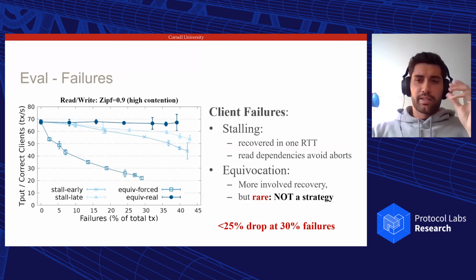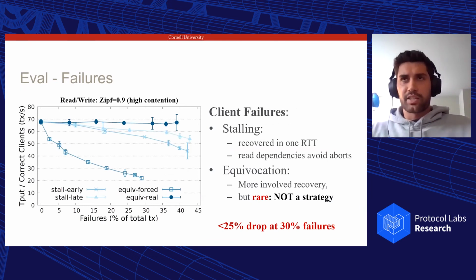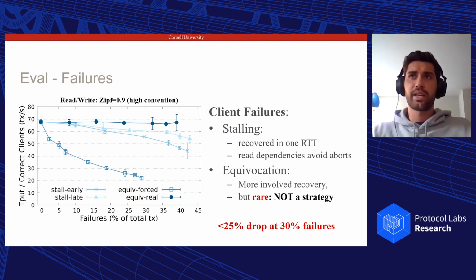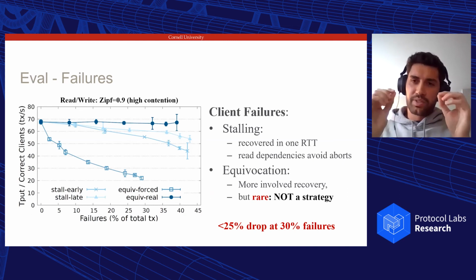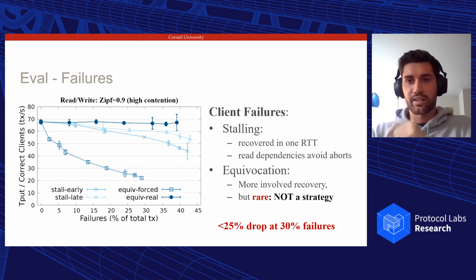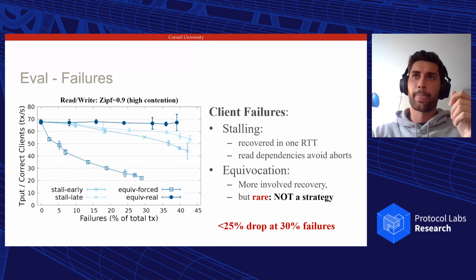Now, it's obviously great that Basil achieves this performance during gracious execution, but that was partially achieved on the back of the premise of empowering Byzantine clients as well. So to validate how robust Basil remains when clients do misbehave, we also evaluated the impact that Byzantine clients specifically have on the transaction possibilities of correct clients, right? Because that's in line with this ethos of independent operability of each client driving their own transaction.